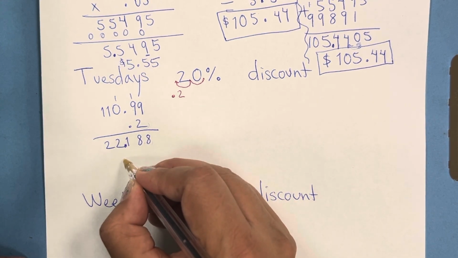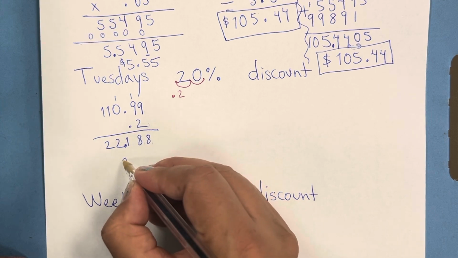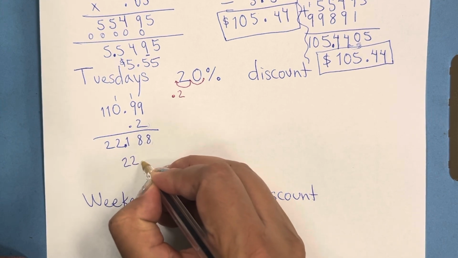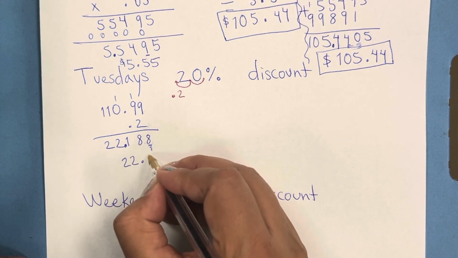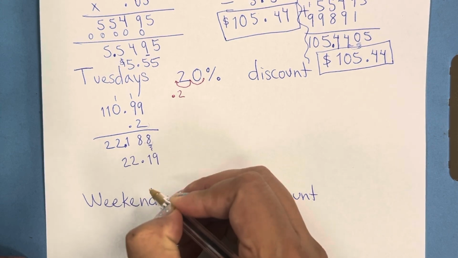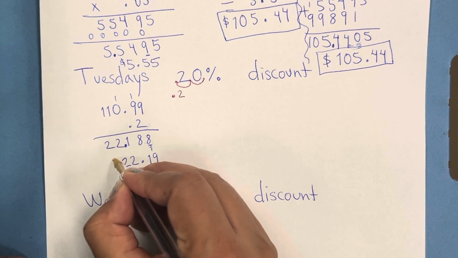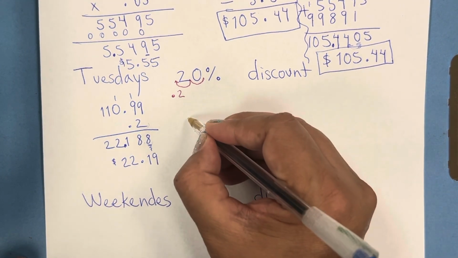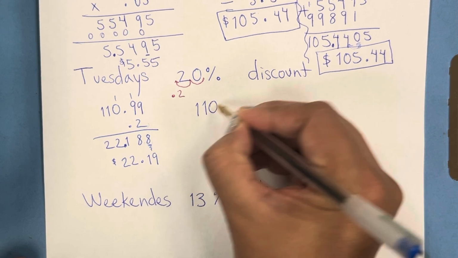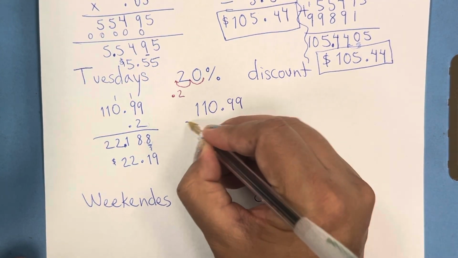So how much are we going to save? Wow, on Tuesdays we saved $22, and notice how the third number is an 8. That means that this will go up 1. We round to 19 cents. So the discount is $22.19. From the original price, $110.99, we're going to subtract